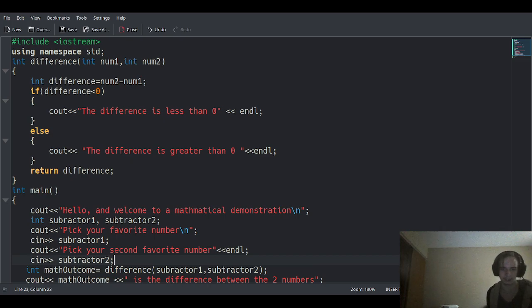So this is the output I get. I'll actually do my favorite numbers. I had to look back because I'm like, did I set it up right? Yeah, you would do the bigger number minus the smaller number to get the proper math. So for those that want to see the output, it is pick a favorite number 10, second favorite number 9, because of the way I had to look at it again and be like, did I set that up right? And I did. There is no arithmetic overflow